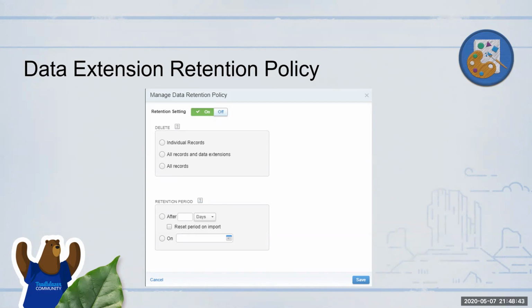Okay, the other one from Lizanne was: when you import non-sendable, there is a duplicate on a field, will it dedupe automatically? No, unless it's a primary key. If you're importing on a primary key and it's a duplicate, it will automatically show an error, and you have the option to skip the record if it's an error. That is the only way that you can deduplicate.